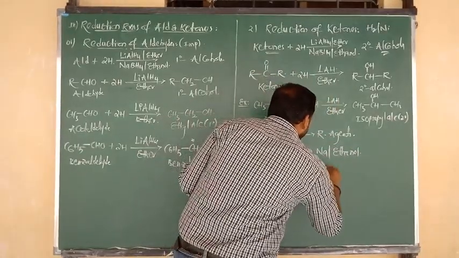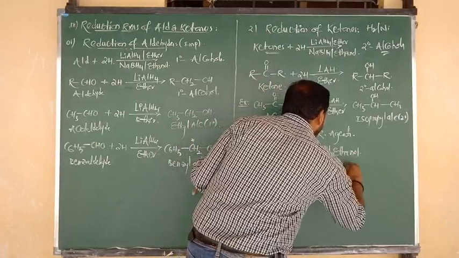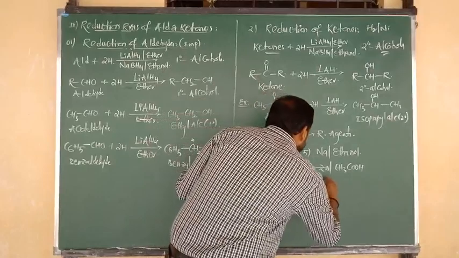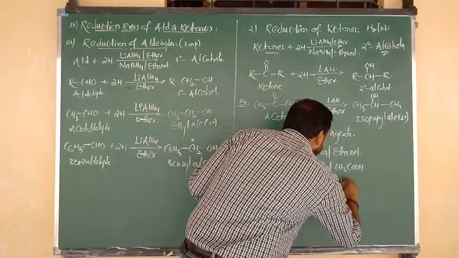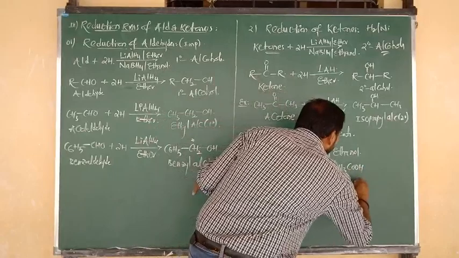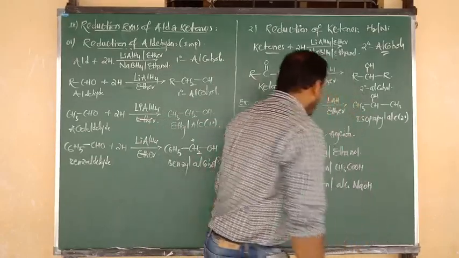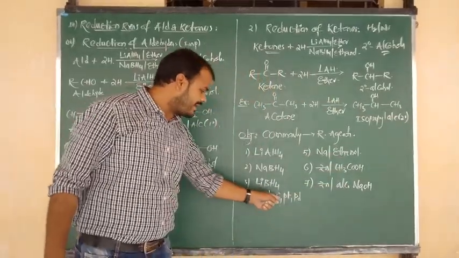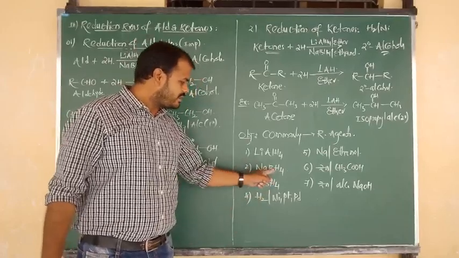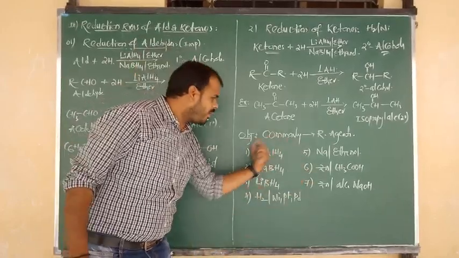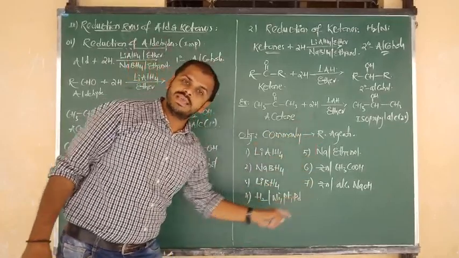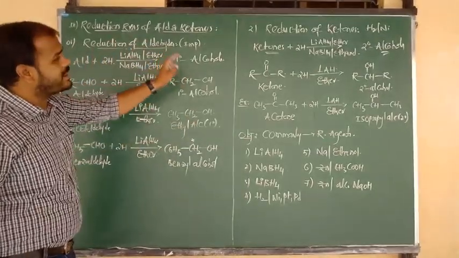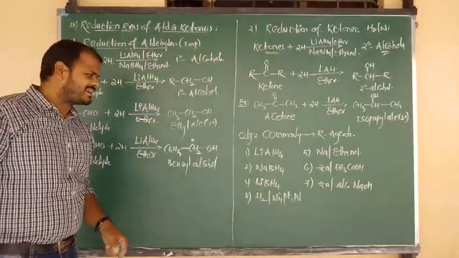Reduction will take place by using zinc metal in an acidic medium in the presence of CH3COOH. It can be used as a reducing agent. One more reducing agent is zinc in a basic medium, that is alcoholic NaOH. So zinc plus acid, zinc in presence of base, sodium in presence of alcohol, catalytic hydrogenation, sodium borohydride, lithium borohydride, lithium aluminium hydride: all these are commonly used reducing agents, and all are capable of converting aldehydes into primary alcohols, and ketones are reduced into secondary alcohols.